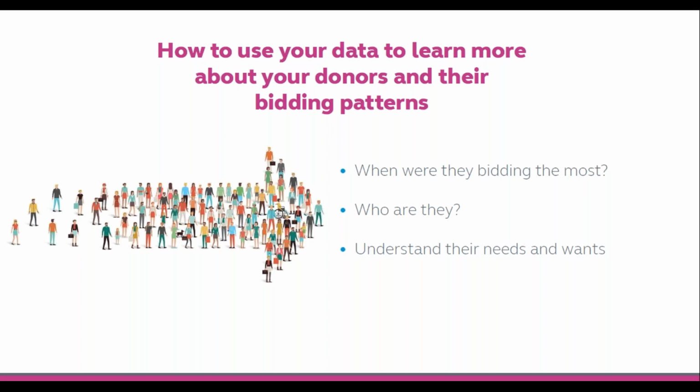I imagine before your event, you had actually made some assumptions about the type of guests that you'd invited and that was attending. But post-event, what you can do is create, if you've not already done so, personas and match those personas you've built with your donors from the data collated on the auction technology platform. What you'll be able to do with that is cross-reference useful information like age with bidding activity. Is there a particular sort of item that stimulates a particular demographic to bid more? Is there a gender in the room that might be bidding more? Is it more male or female dominated?